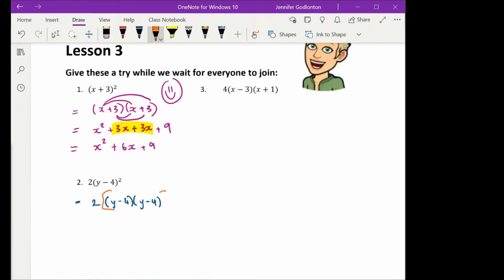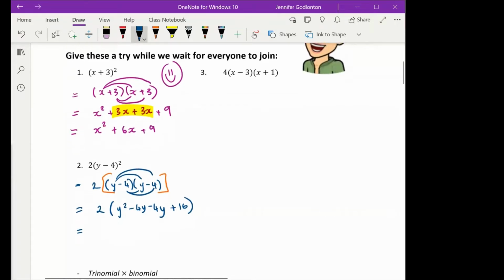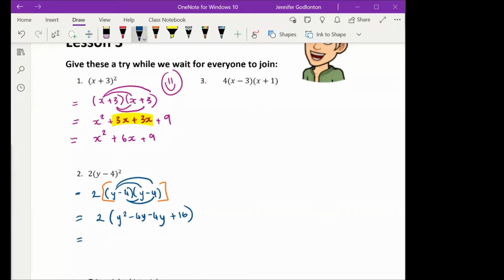Good. I'm going to do this for those who need it. Okay, cool. 2, bracket. And then we have y squared minus 4y, minus 4y, plus 16. Oh, you almost fell for my trap, but you didn't. Well done. Carry on. Then I multiplied the 2 in everything, which I got 2y squared